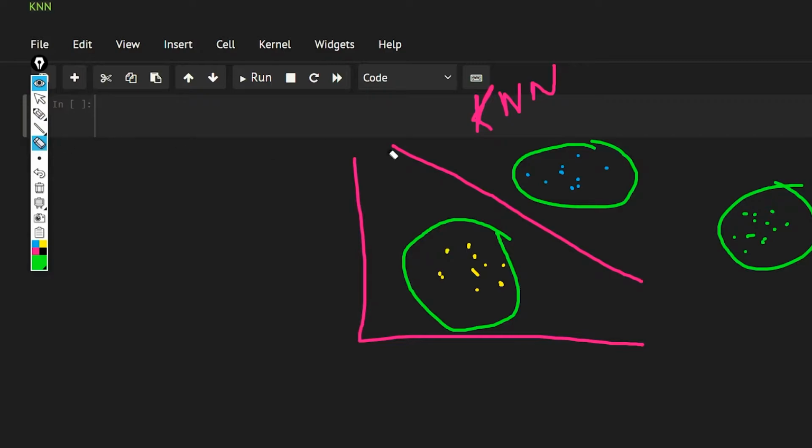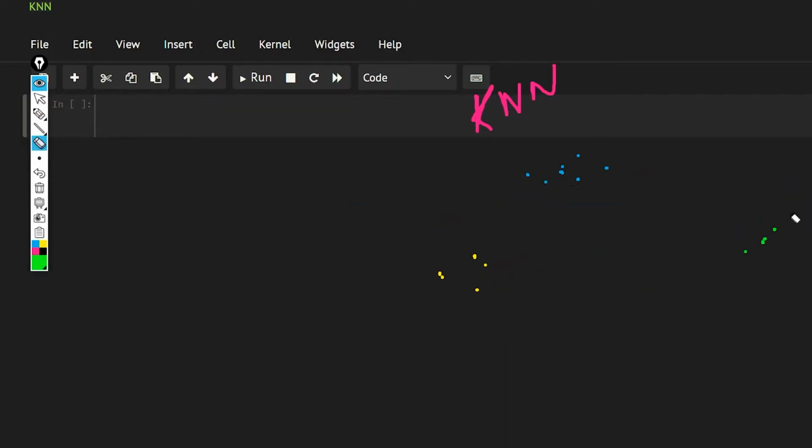Now the basic idea behind KNN is that, let's suppose, you have this data. This data belongs to three classes, and let me just draw these points.